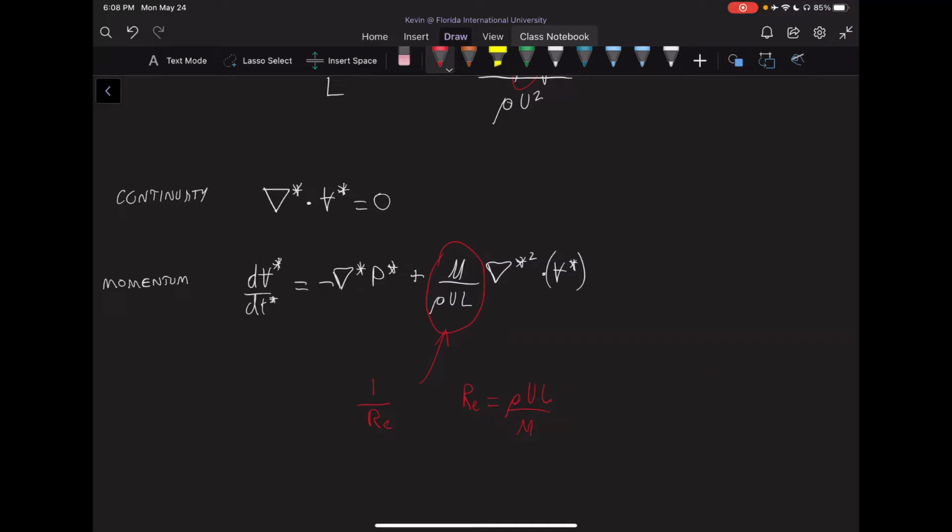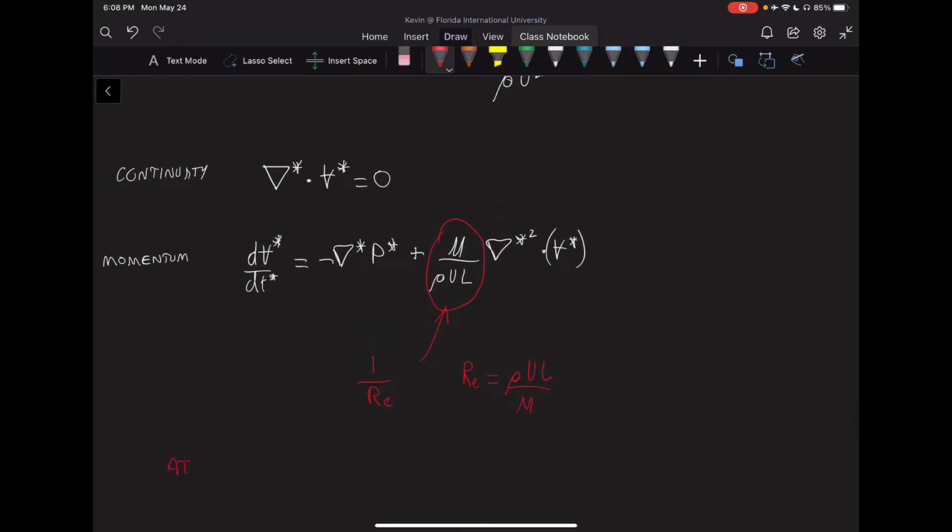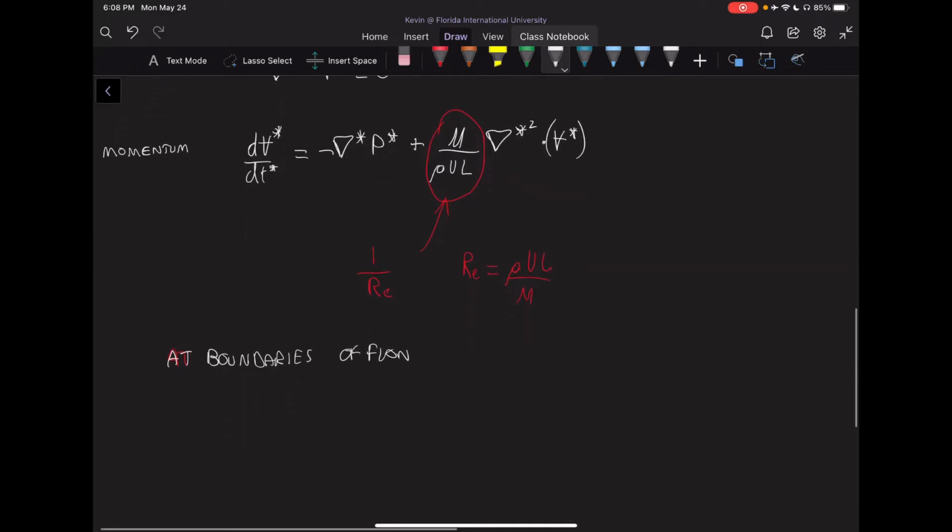Now, going further than this, if we look at the boundaries of our flow, we actually get at our free surface, which is one of the boundaries, we can say that P star is equal to pressure atmospheric over rho u squared plus GL over u squared times Z star